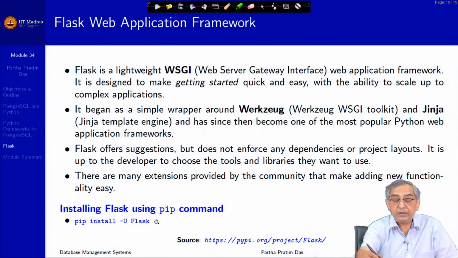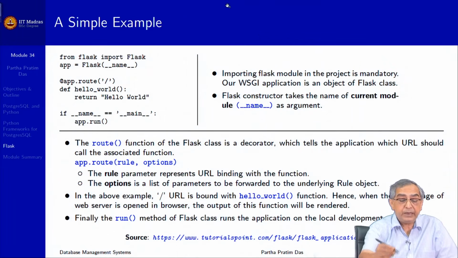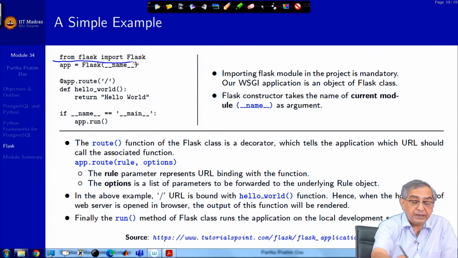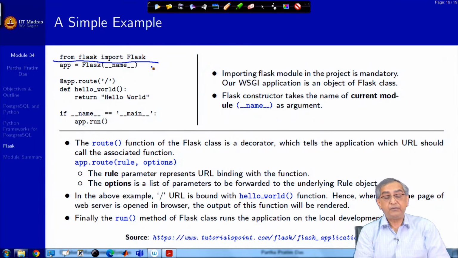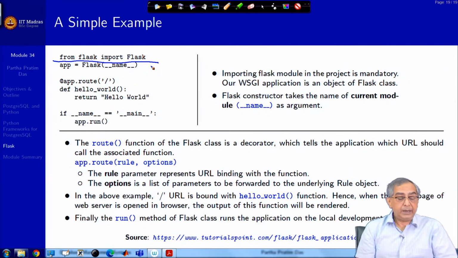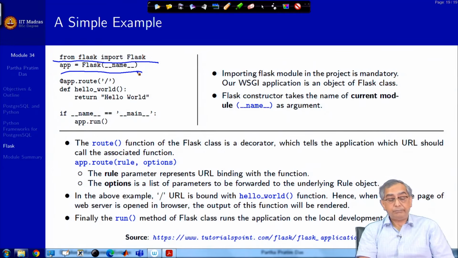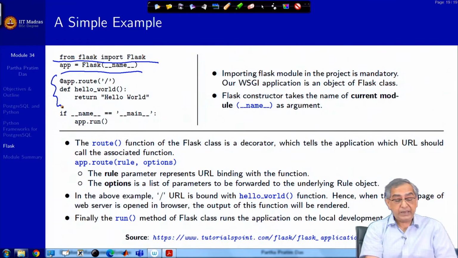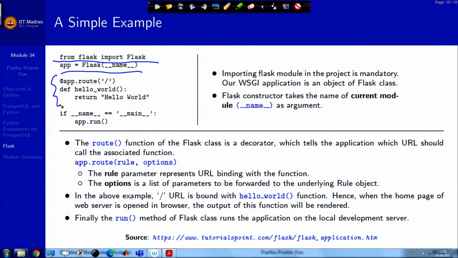Naturally, this is how you can install it. So, it is a simple example to get started. You basically write this at the beginning: from flask import Flask. So, you need to get the framework imported, much in the similar way that you import modules, and then you have an app with a parameter name. Then in the route, you basically do a binding. So, route has a rule and other options, right. What the rule says is it represents a URL binding with a function. So, here the URL is